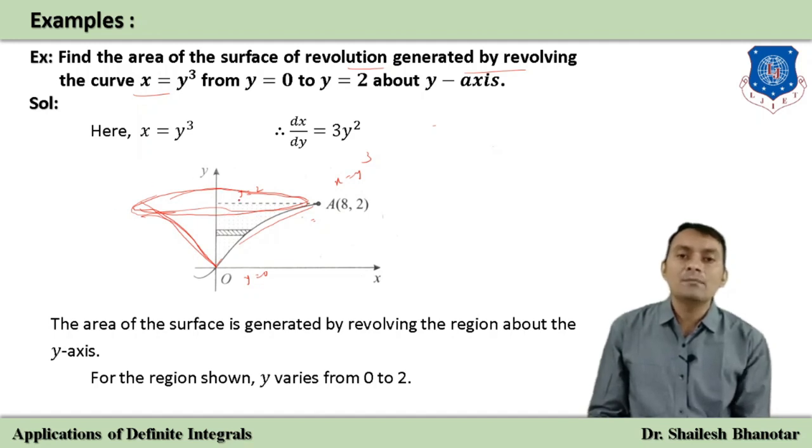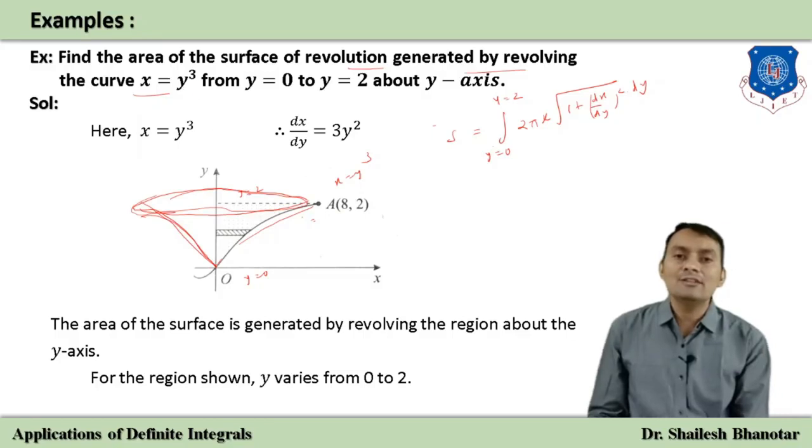So what will be the upper part? That is the circumference. So what will be the formula? S equals the integration of 2 pi r. Whatever I'm just going to talk about, the circumference of the uppermost part is a circle, and the radius will be parallel to x, so I can assume that it is 2 pi x, and the outermost part is exactly our arc length. So I can say the square root of 1 plus (dx by dy) raised to power 2, and then dy. But from where to where? It is clear that y equals 0 to y equals 2.